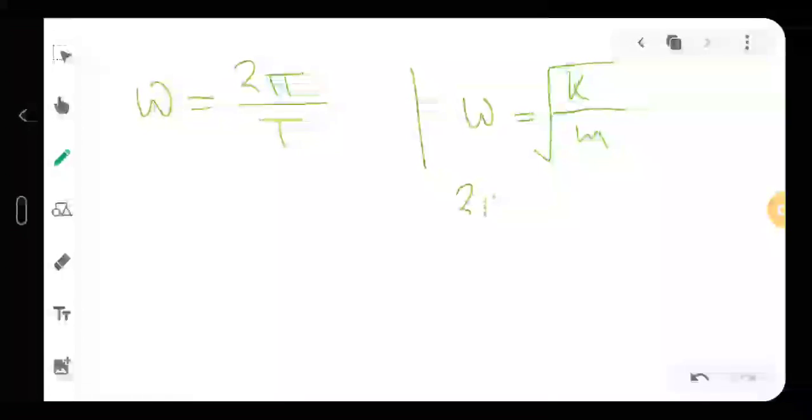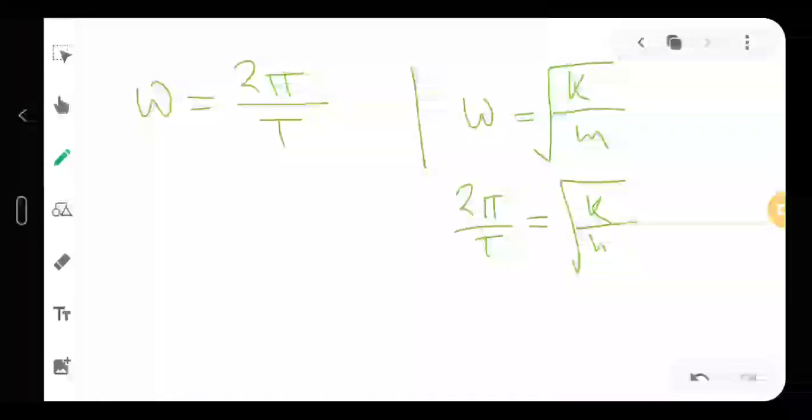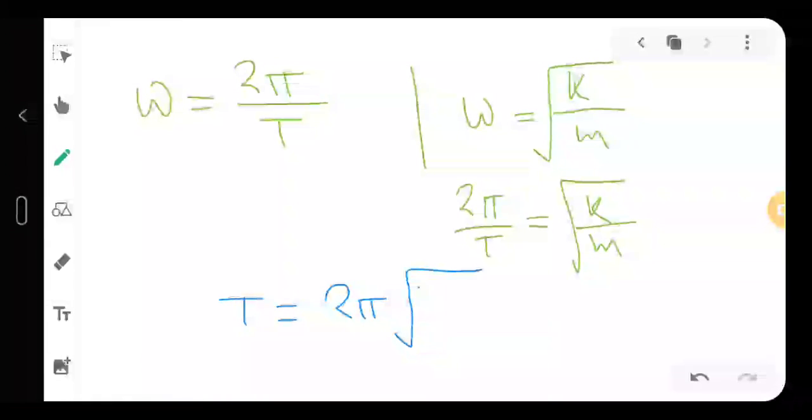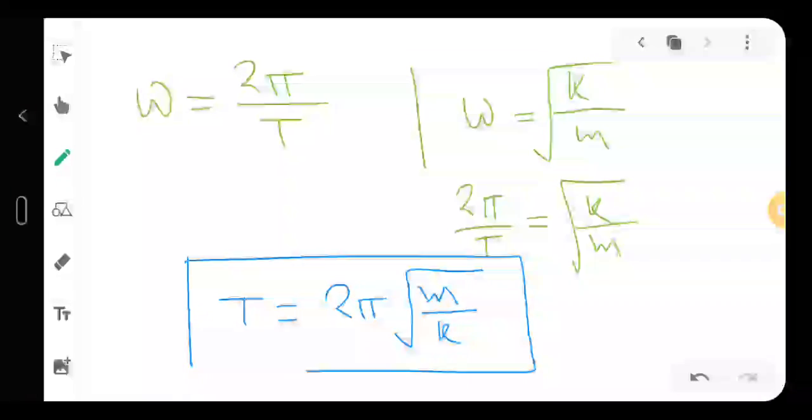So here I can put 2 pi by T is equal to root over k by m. So from here I can write that my T is equal to 2 pi root over m by k. It's a very important formula,